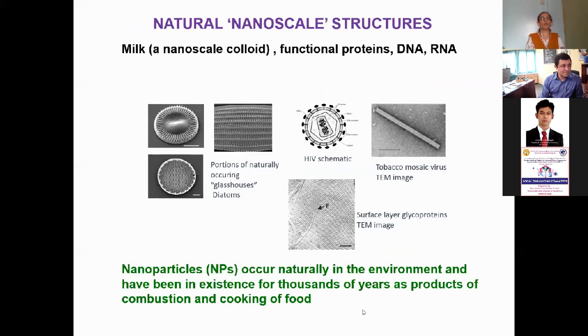And then here I have shown beautiful pictures of these glass houses of the diatoms. So look at the good symmetry and arrangement of all these structures, and these are indeed naturally forming. The diatom is building its own glass house using the proteins and the silica which is available in nature. So it is constructing its own glass house step by step and forming these intricate, well-crafted structures. Similarly, in bacteria also, there are certain bacteria which produce specific surface layer glycoproteins. And this particular image, which is a TEM image, shows the regular arrangement of the proteins on the bacterial surface, which form